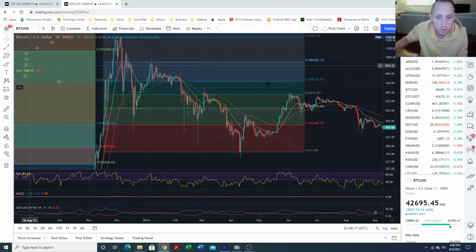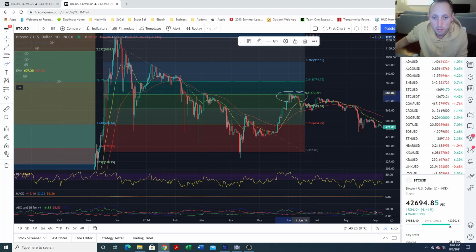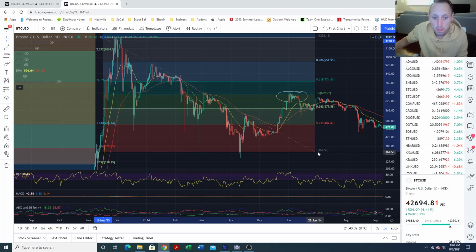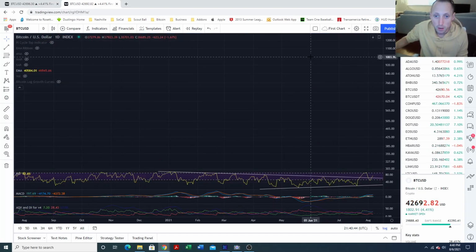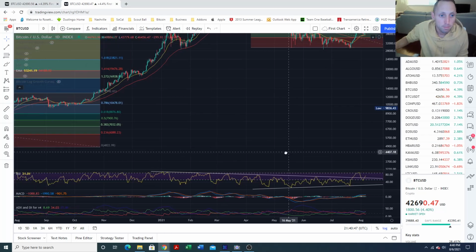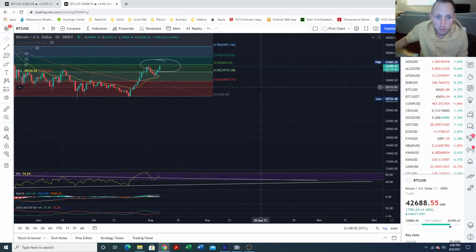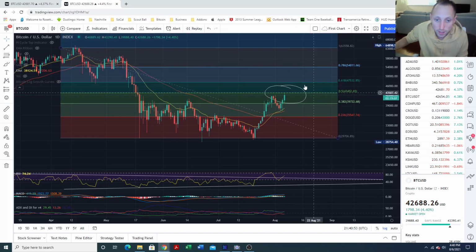But again, what we saw was this level right here, the 0.5 Fibonacci level. It hit its head, eventually looks like it hit its head again. Can drag this out right here. So in a sense, almost tested it twice. So looking at the 0.5 fib, the 50% level, this is a very, very important level, and it's something that I'm looking for. I want to see what Bitcoin does at this level.